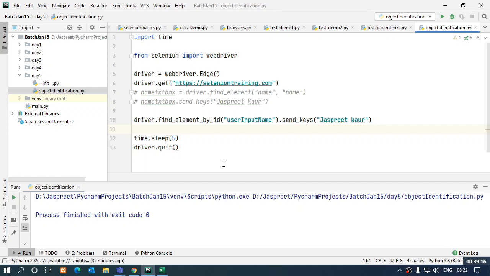That we have not done yet, but we'll cover how to do that. CSS selector and XPath are somewhat unique addresses that we make of an element using different things. Like if I have a class attribute, I'll tell you how to make that. But this is the hierarchy that you can see: ID, name. If they are not there, then move to the CSS selector or XPath. Okay, now moving to the next locator, that is the XPath.